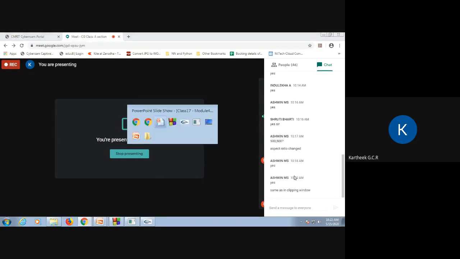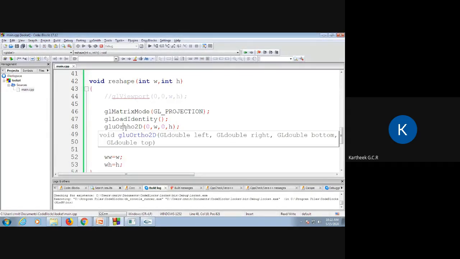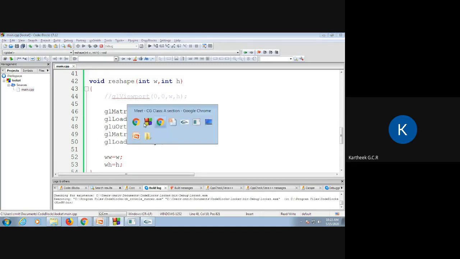The clipping window dimension I am changing, right? See here, I am changing it, the new clipping window size is bigger. It is the same as that of the display window. However, the viewport is not changing. The viewport is still 0 500 because it got initialized when I started the program. The default was set to 0 500, right? Once it got assigned, it is still 0 500.